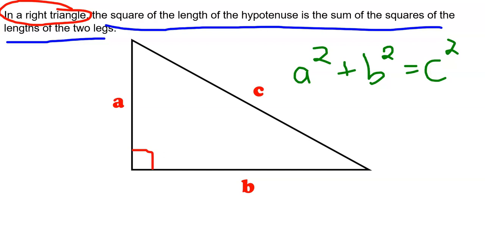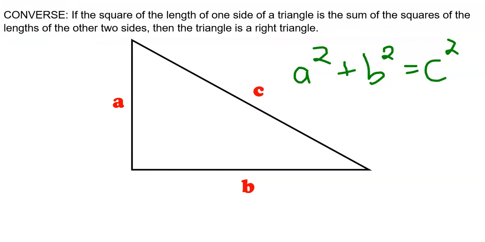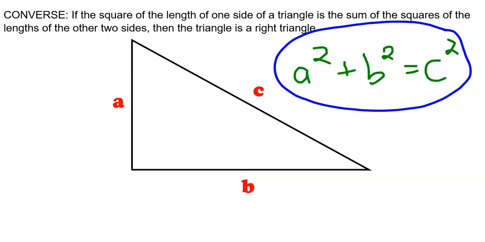Well, if we take the converse of this theorem, meaning that we take our if and our then and we switch the order. Here it's if it's a right triangle, then this relationship exists. We get: if the square of the length of one side of the triangle is the sum of the squares of the lengths of the other two sides of the triangle, then it's a right triangle. So basically what we're saying is if we have a triangle and this relationship is true, then the triangle